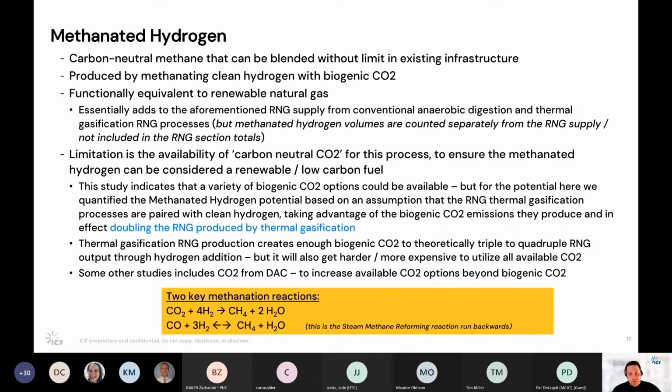So the next approach that we included was methanated hydrogen. And so here again, we're producing a pipeline compatible form of methane that is being produced by combining clean hydrogen with a biogenic source of CO2. So really, it's functionally equivalent to renewable natural gas, and in many ways it adds to the available renewable natural gas supply. But we counted it separately from the RNG to reflect and capture the fact that it was being enabled by the availability of a clean hydrogen